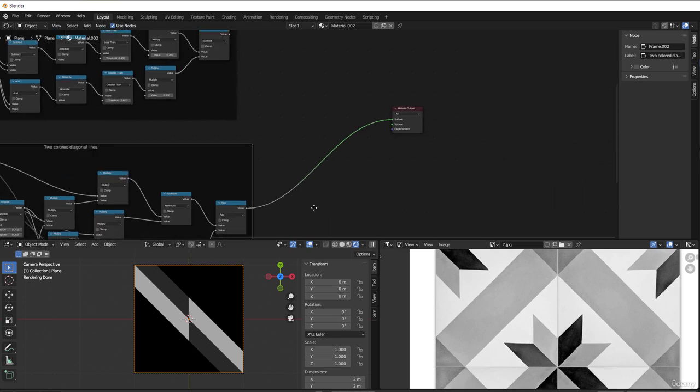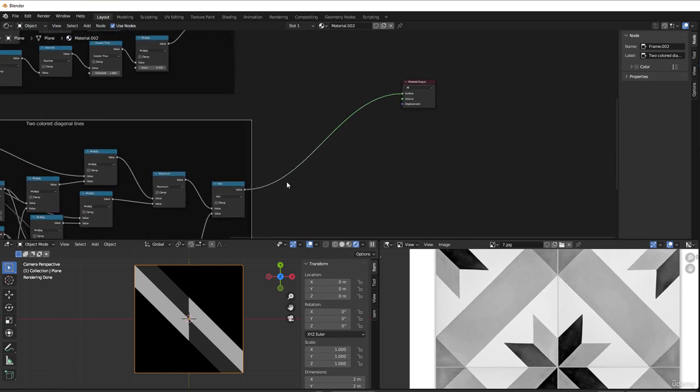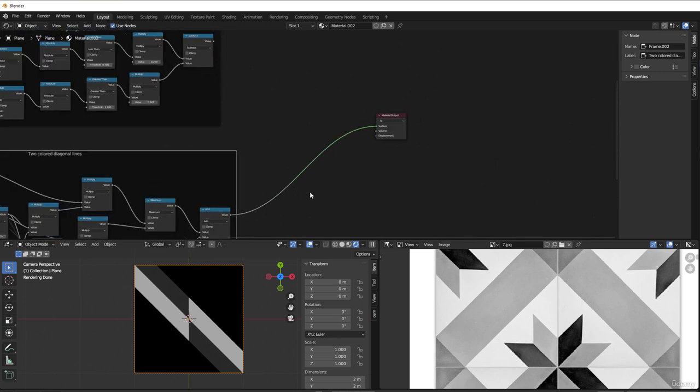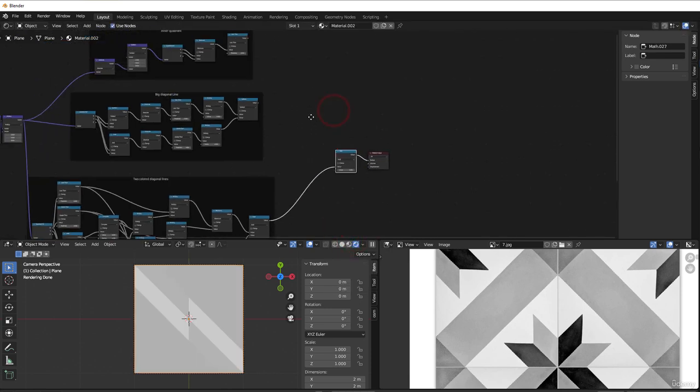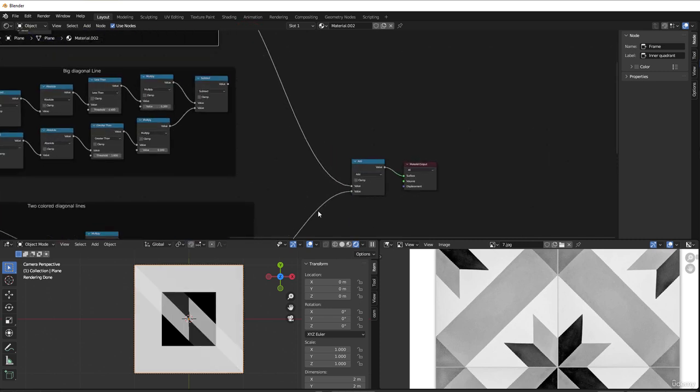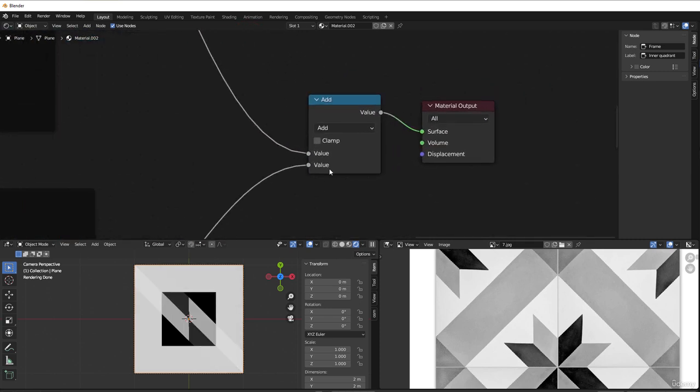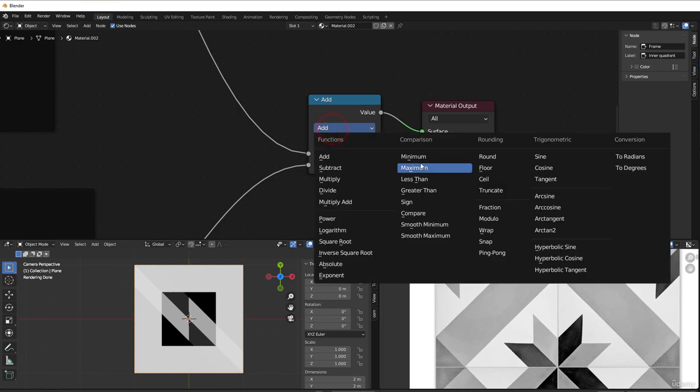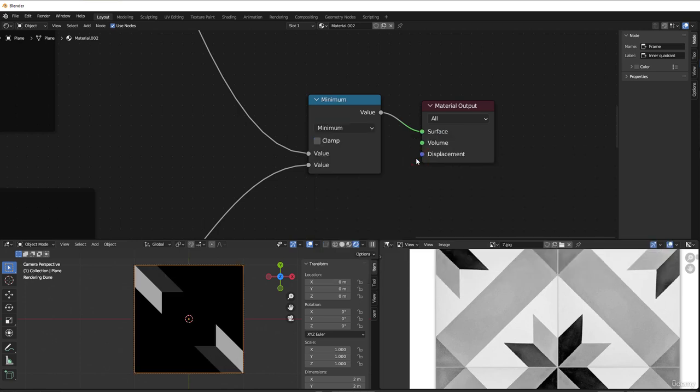So if I now use, let's see here, Shift A, converter math, and I take the top one here, put those two together, and I now keep the minimum. We get it so it's cut here,